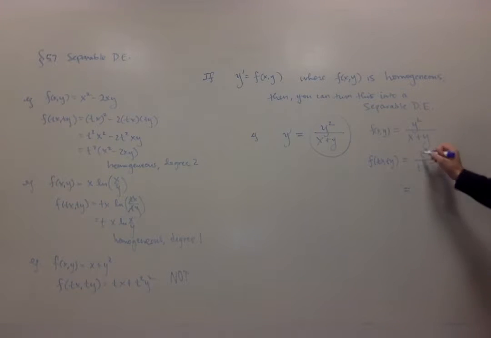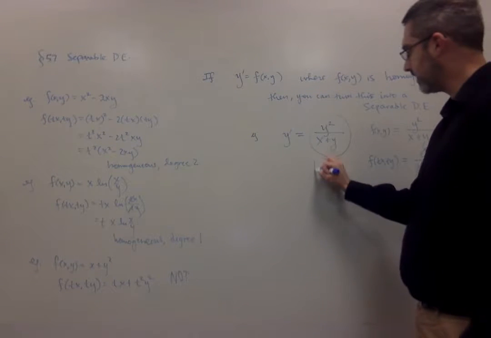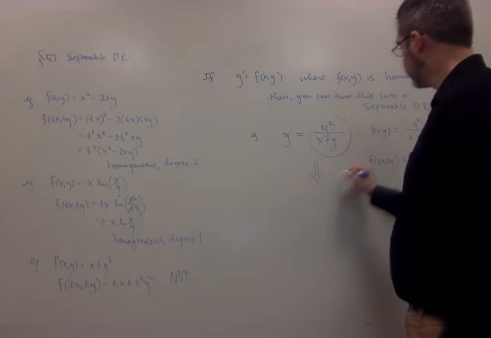So canceling one t up here with these, then I've got a t out front, and I have my original function here. So this is homogeneous,